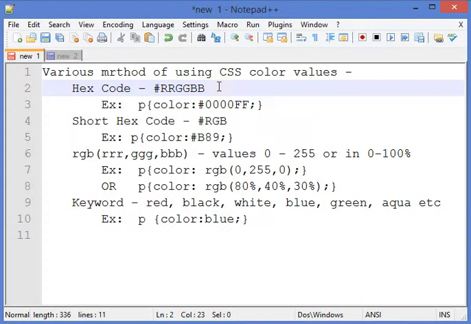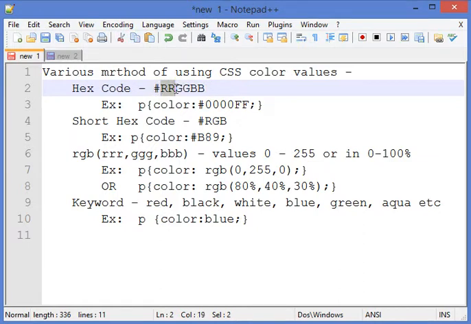So how, using hex code, can we provide the CSS color? It's very simple. Before the hex code we have to use the hash symbol, and then the 6-digit hexadecimal code.